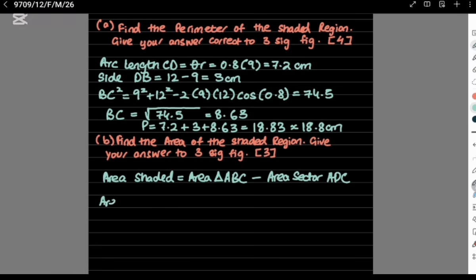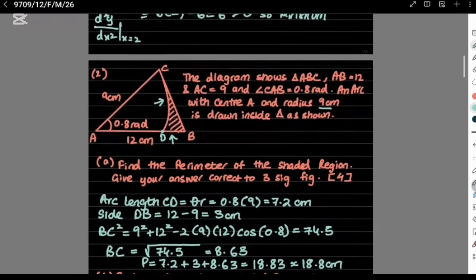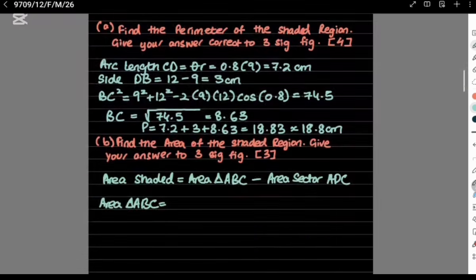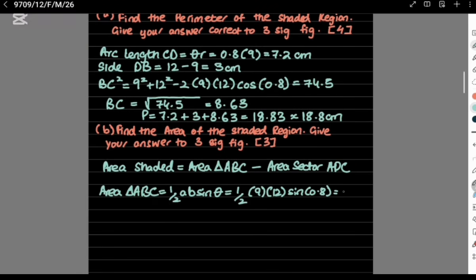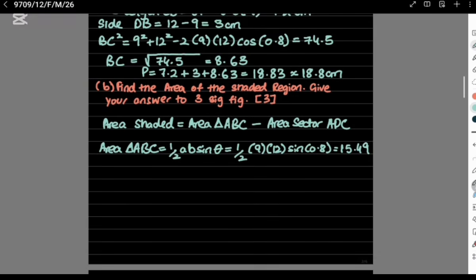Now, area of triangle ABC is just half AB sine theta, which is equal to half times 9 times 12 times sine 0.8. Now let's check out what this gives us. Times 0.8, which is equal to 15.49. Alright, now let's find the area of sector